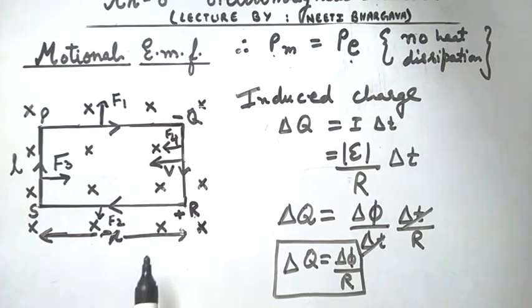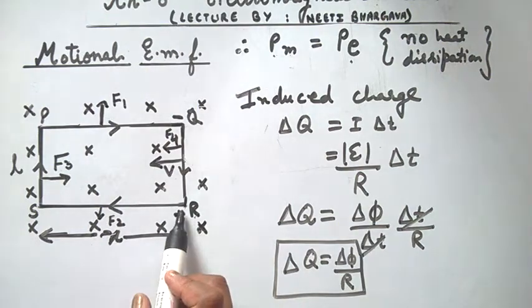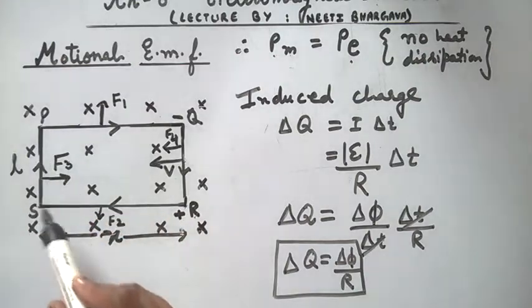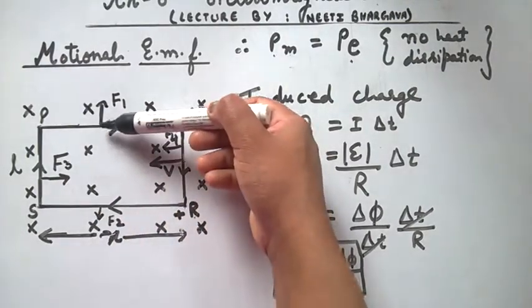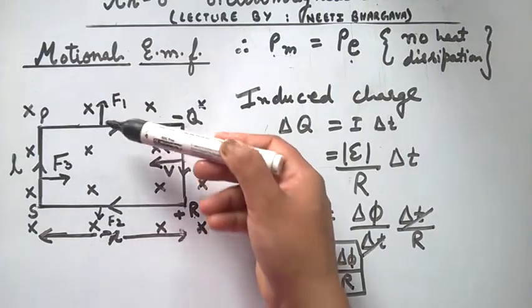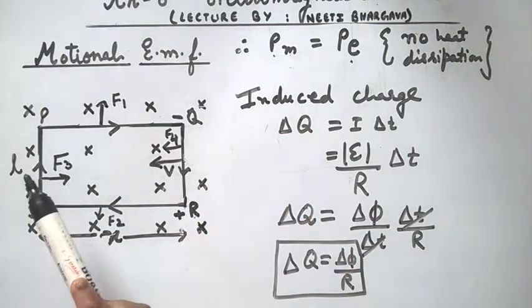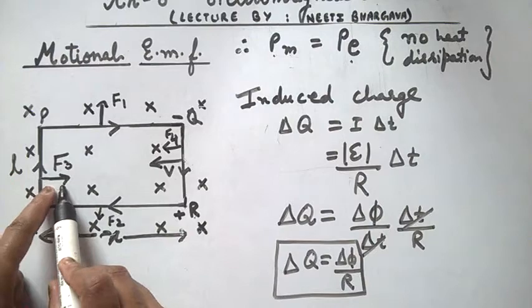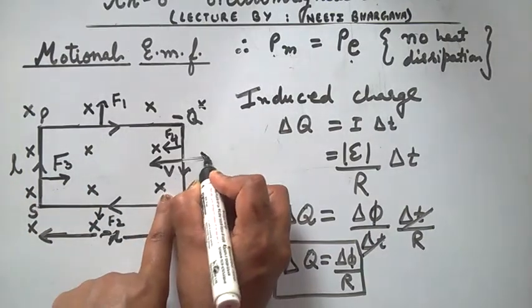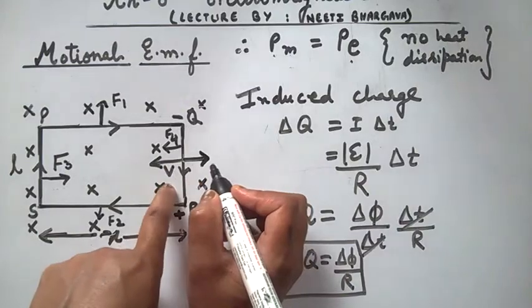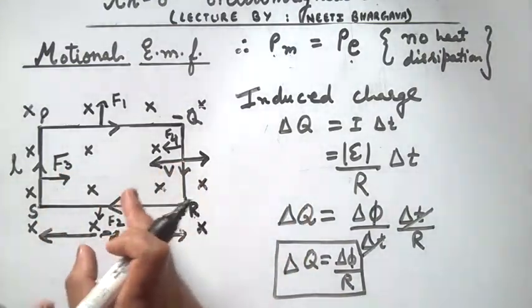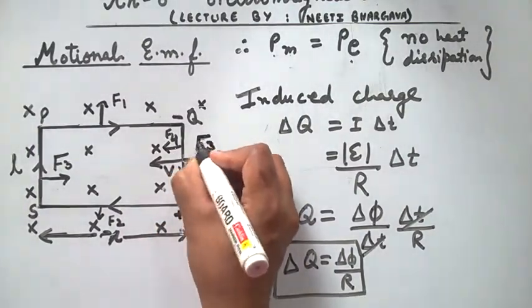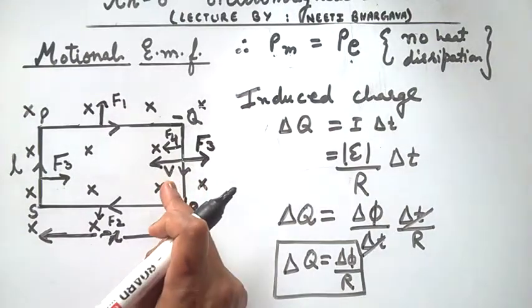Thus, we have studied that if we place a conducting loop in a uniform magnetic field and move it, because of the magnetic field, forces are experienced by these arms, and these forces are equal in magnitude and opposite in direction. They cancel out, and this is a deflecting force, also known as Lenz's force or magnetic force. This force is acting on this movable arm in the opposite direction to the force which we are applying to move this conducting loop. This force is equal in magnitude and opposite in direction, therefore the acceleration will be zero, and thus it will move with constant velocity.